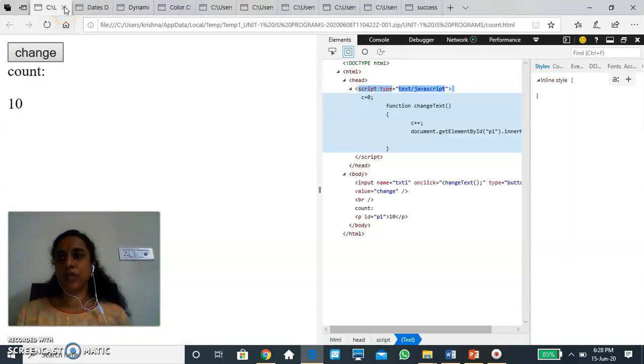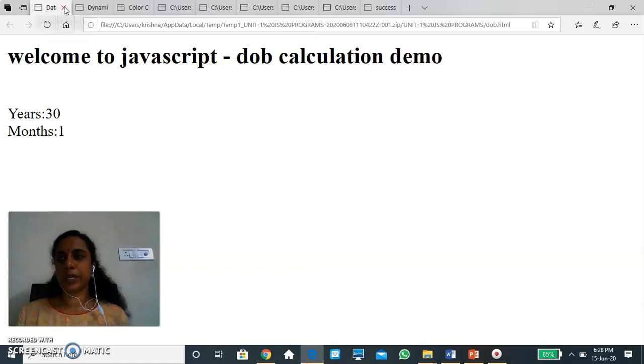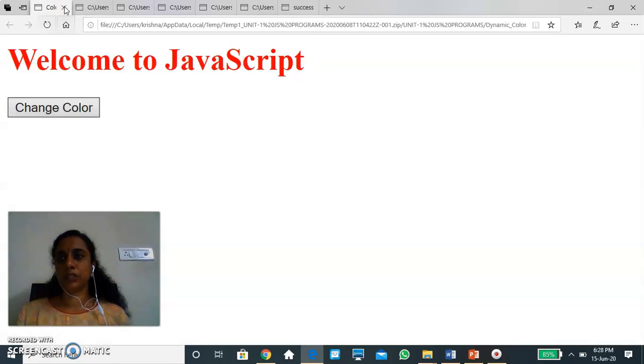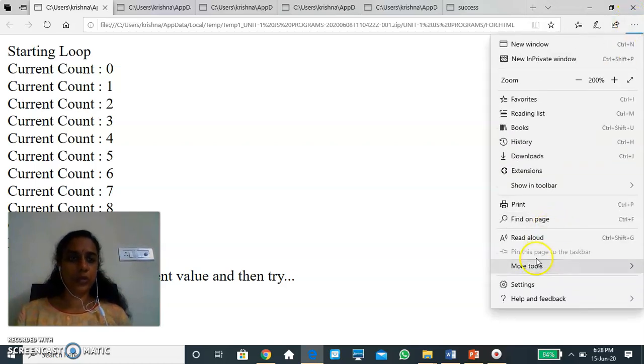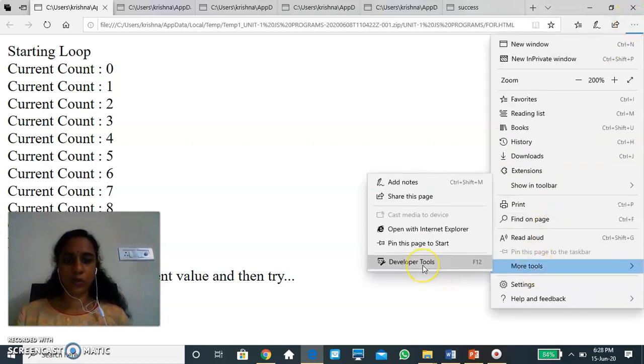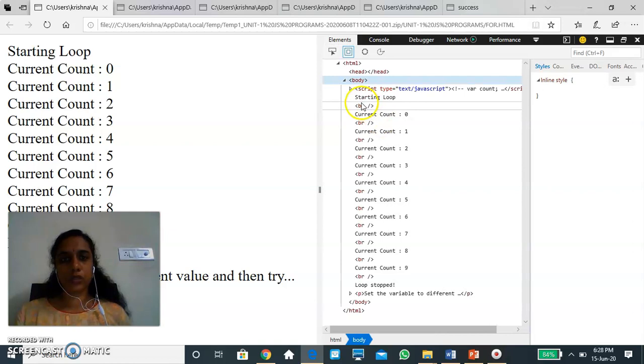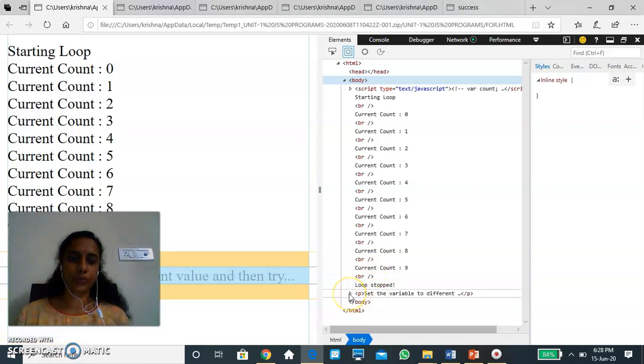So let's now switch on with the next one, that is using a loop. Let's understand looping statements also, because that will give you clarity on how to use a loop inside a program.